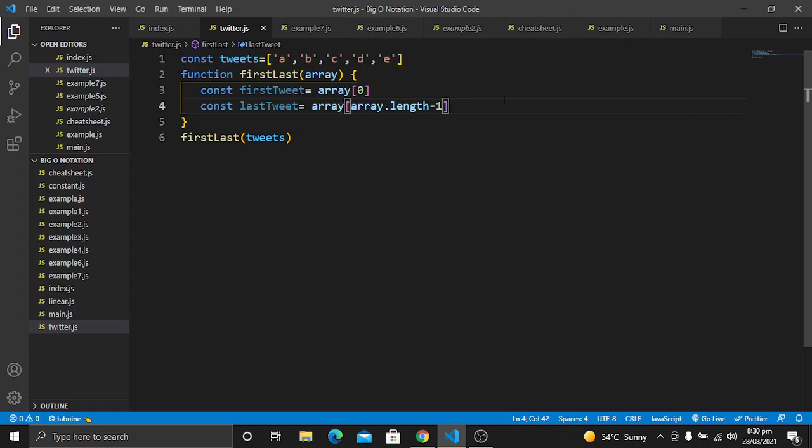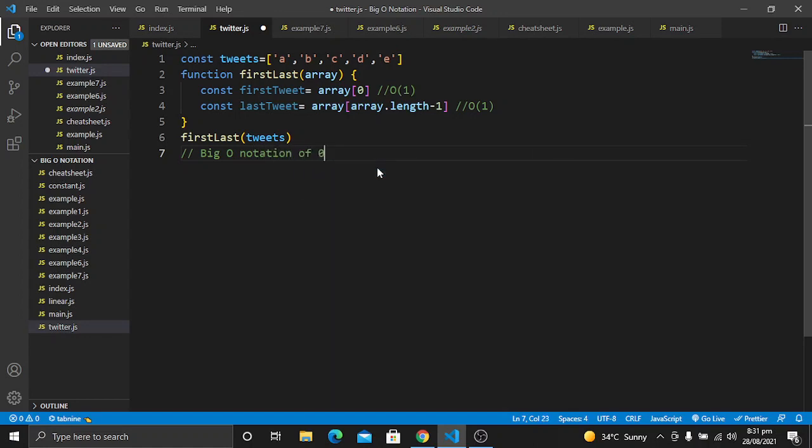The big O notation for this is going to be constant time complexity, because we are performing only one operation. For example, if I have tweeted 1000 tweets, or if I have tweeted 5 tweets, it doesn't depend on the length, because we are just getting the first item and the last item, or the first tweet and the last tweet.